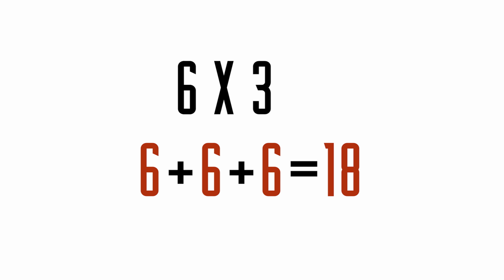Essentially, multiplication is just quick addition. A sum such as 6 multiplied by 3 just means we are quickly adding 3 lots of 6 to get 18. If we look at a sum with larger numbers, again aligning our numbers in respect of their place value,